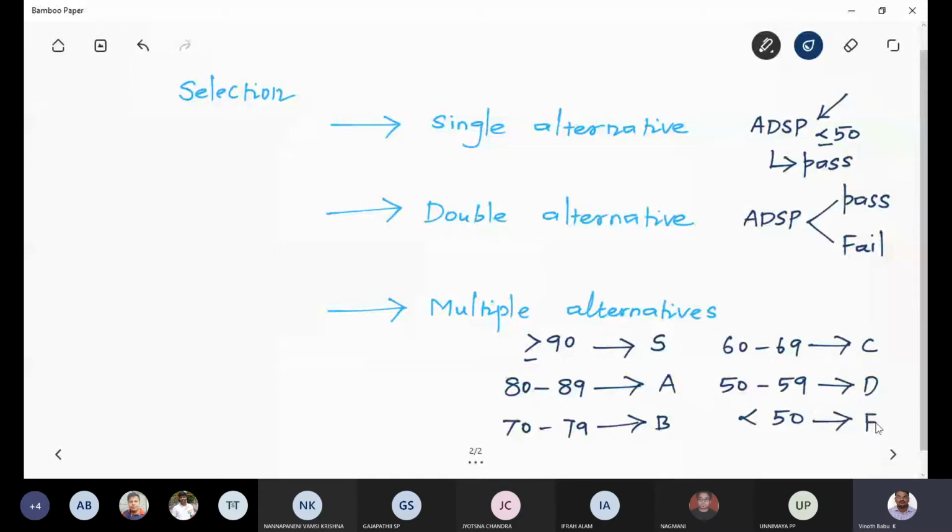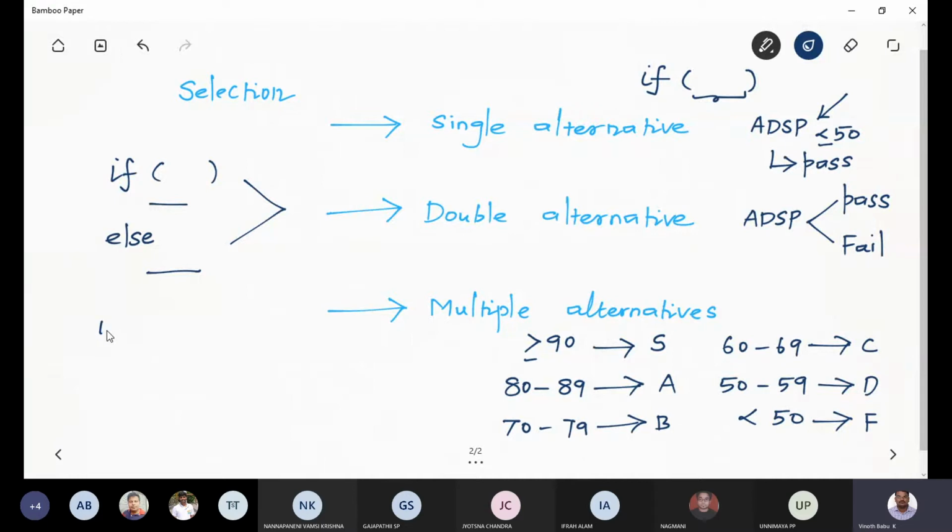Okay, here you can notice multiple alternatives. So if there is only one alternative, I'm going to use just if. If followed by some condition, if the condition is met, I'm going to execute a block of code. That's it. I'm not going for the alternative. Whereas here, if the condition is true, I'm going to execute a certain block. Otherwise, if the condition is false, I'm going to execute a certain block.